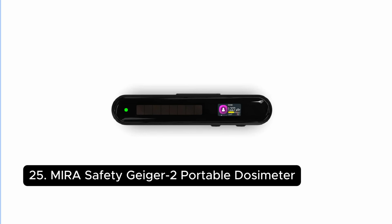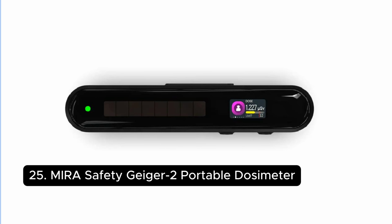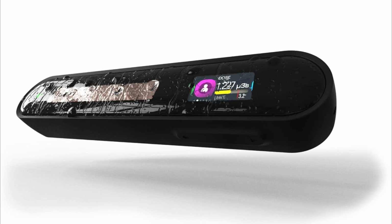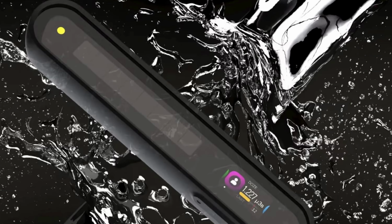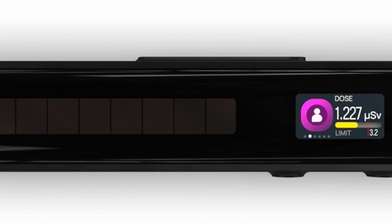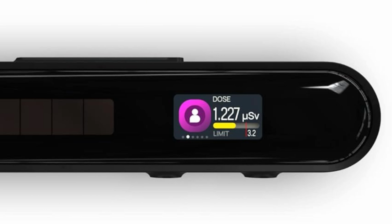Number 25. MIRA Safety Geiger 2 Portable Dosimeter. Awareness is everything in radiological events. The Geiger 2 is a compact dosimeter built for everyday carry with a clear display, intuitive menus, and long battery life. It monitors dose and dose rate, alerting you when thresholds are reached so you can avoid hotspots and track